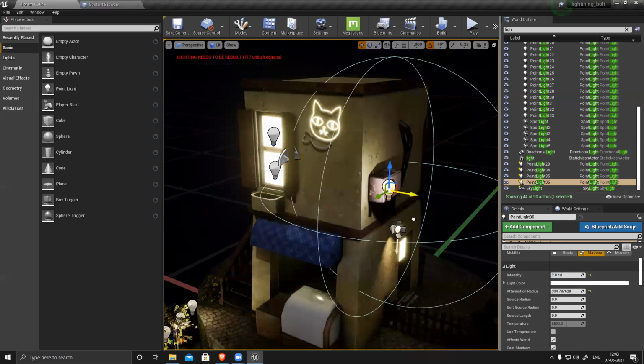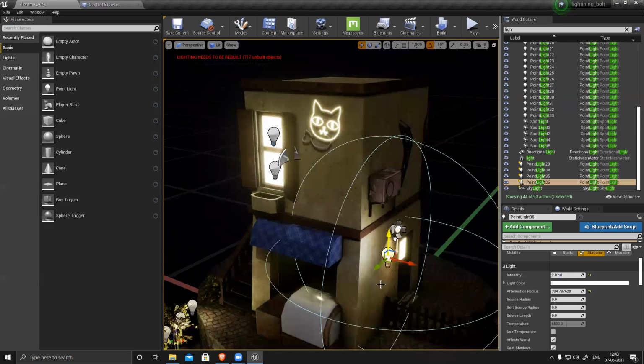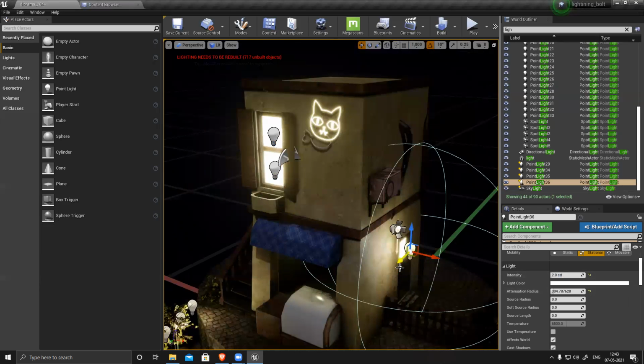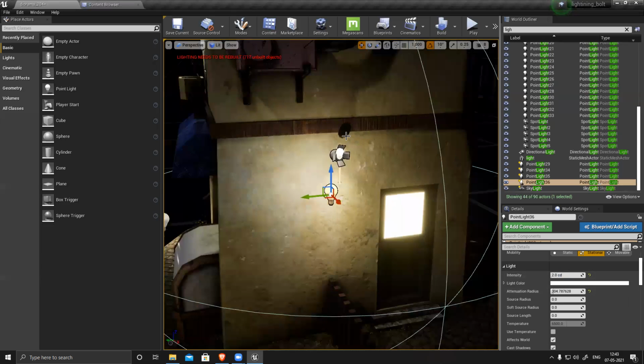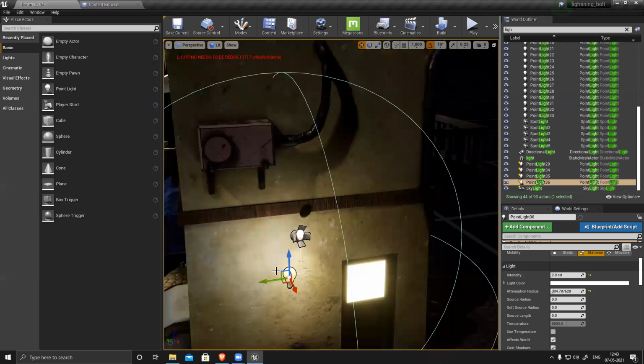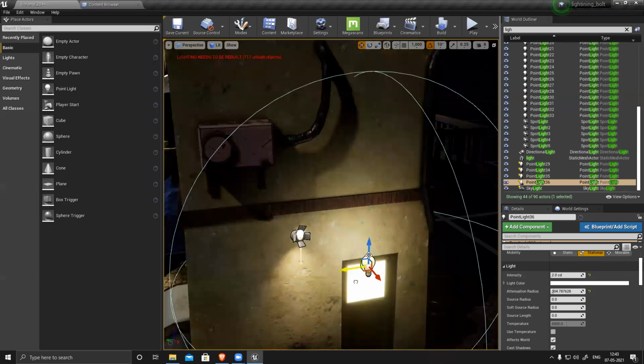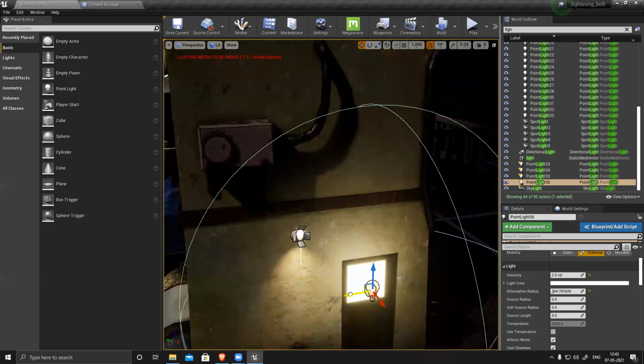Similarly, this lamp post I accidentally deleted, so I have to recreate it.